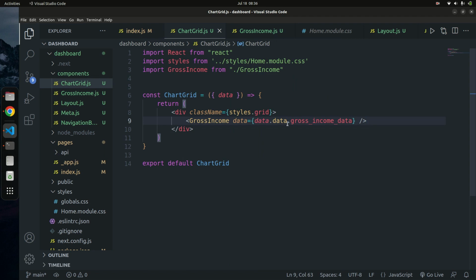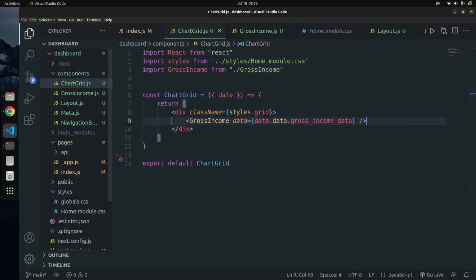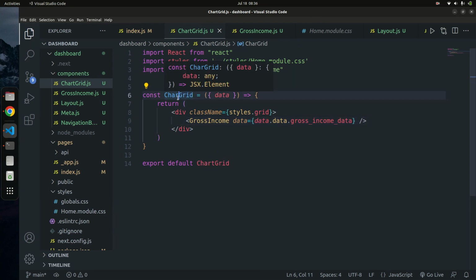So where are we getting that error? It says chart grid, name of method chart grid. So okay, if we called it chart grid, I made an error right here. Previously I called it chart, I said a chart grid, so I actually changed it, so it's going to be a chart grid. And if you go in here, it's going to be chart grid,